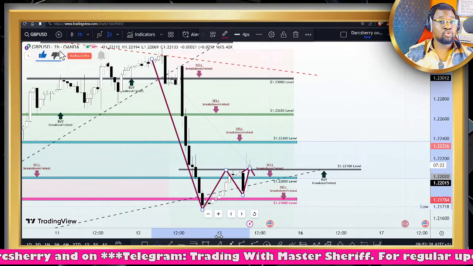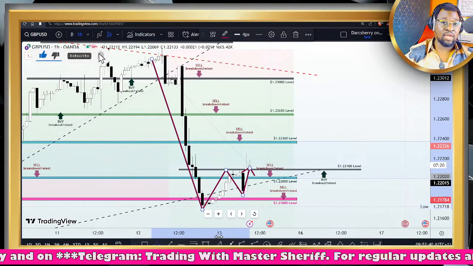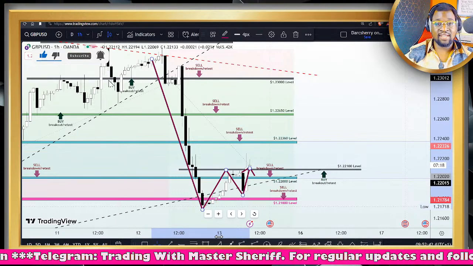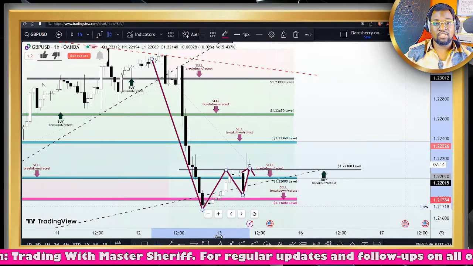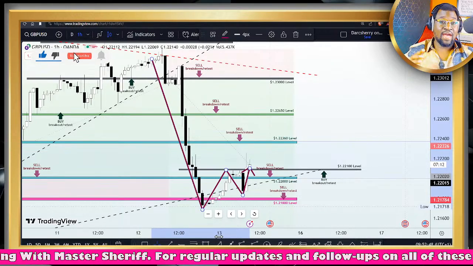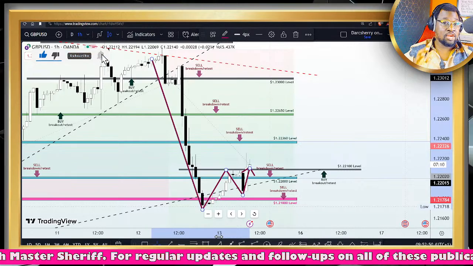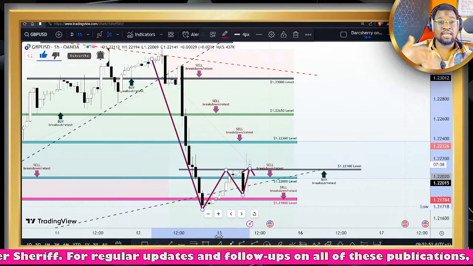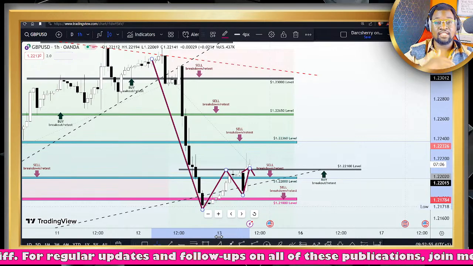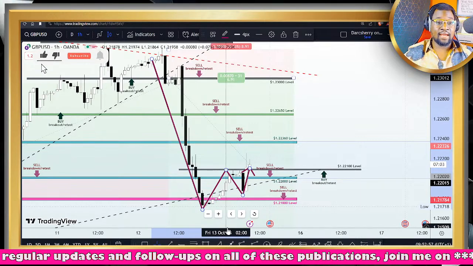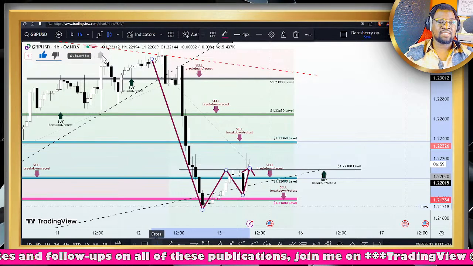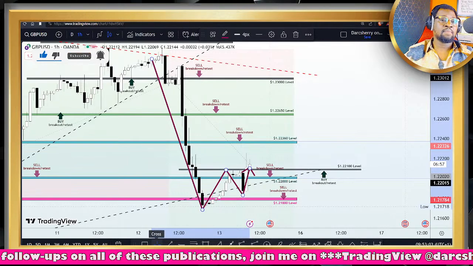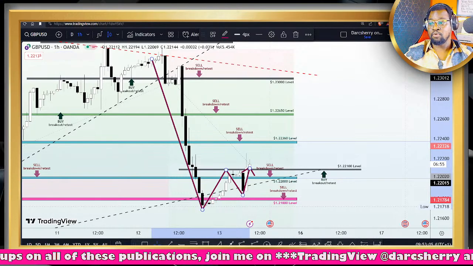Now, for those who are profitable so far this week, you can afford to place a buy stop order above this neckline to capitalize on this bullish move. However, if you are new with us and this is your first time taking a position on the GBPUSD, that is, you are coming in from a clean slate, then I will suggest that you exercise patience and wait for confirmations before you jump into any positions here.